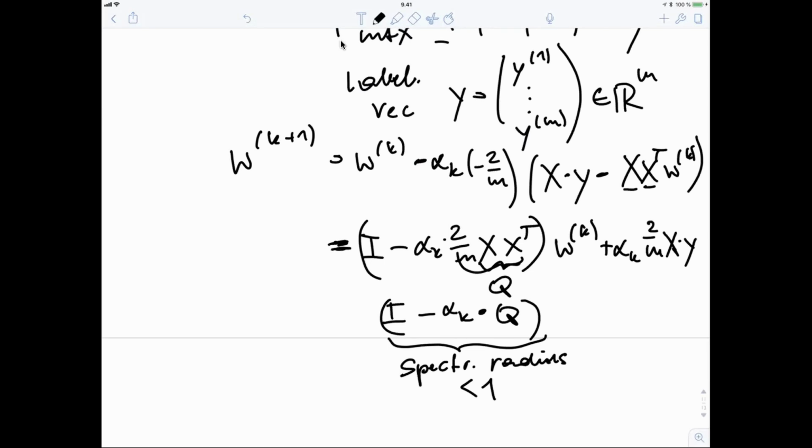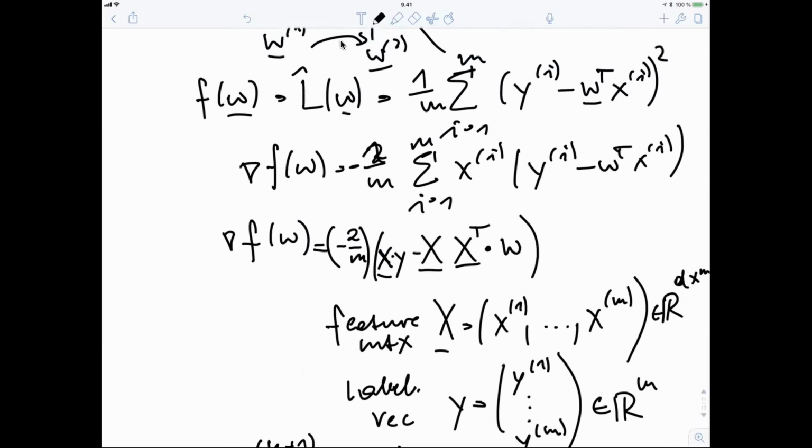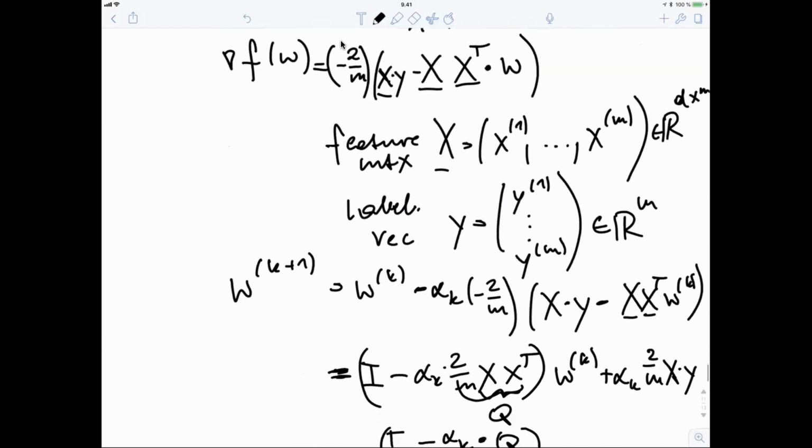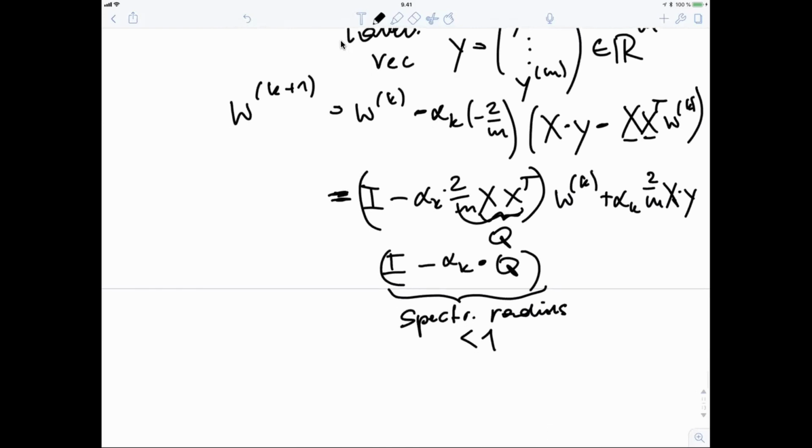Yeah, and they will converge to the optimum. So they will converge to the minimum of this empirical risk. Okay, and I have worked this out in more detail in the lecture notes. So the sufficient condition is that alpha k is smaller or equal than 1 over the